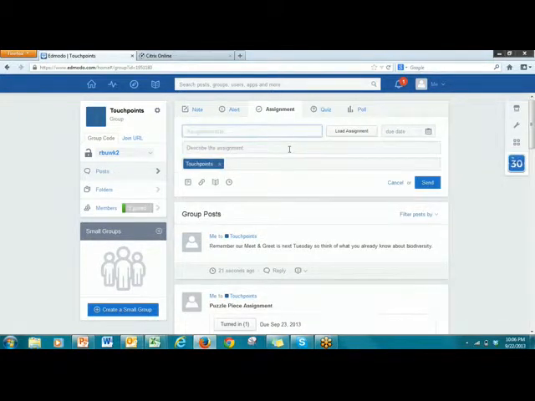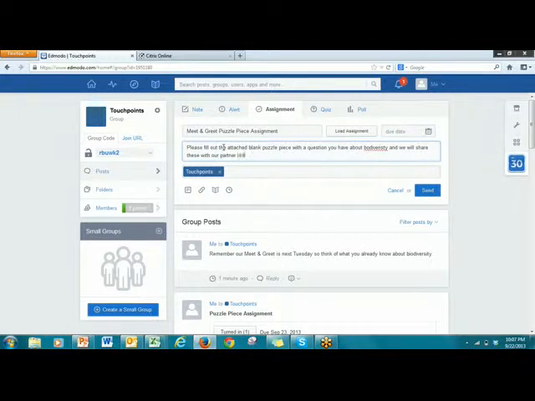So let's say for the meet and greet, you want your class all to fill out a blank puzzle piece with a question that they have about the topic. So you can name your assignment, the meet and greet puzzle piece assignment. Here you're going to describe the assignment. So please fill out the attached blank puzzle piece with a question you have about biodiversity, and we will share these with our partner students for them to see